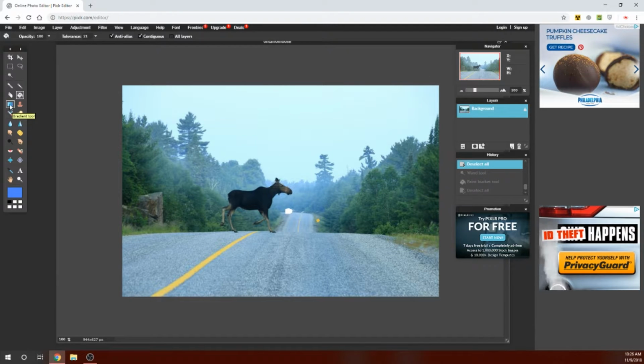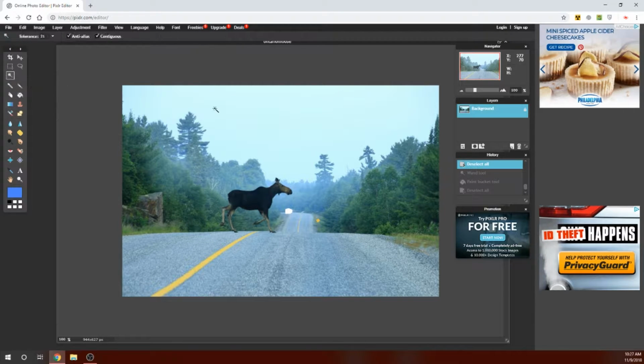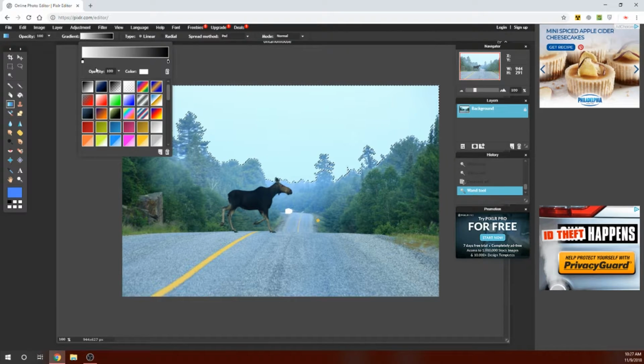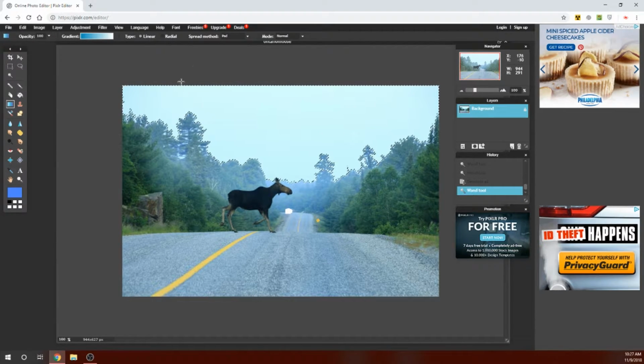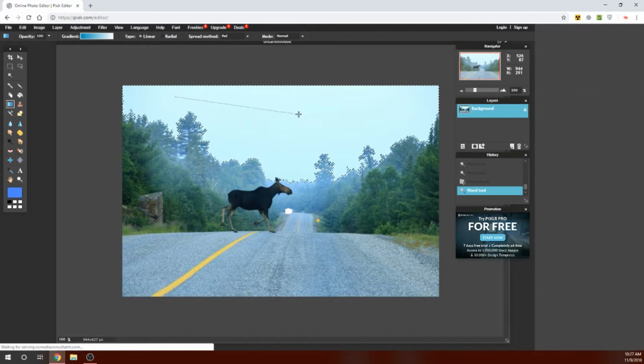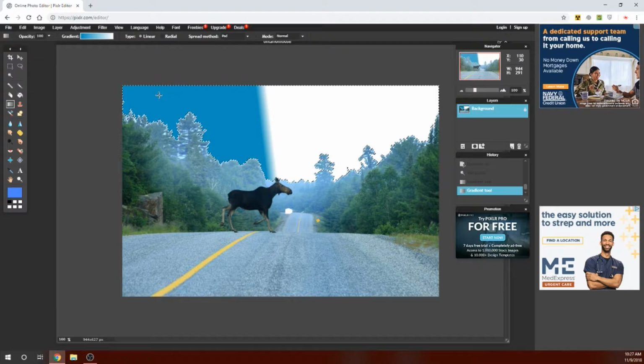You also have the gradient tool, which is good if you're trying to make like a flyer or just make something pop out. So you select gradient. You can choose different styles from up here, and then you just drag your mouse as far as you want it to divide. So if you only want it to split a little bit, you just drag it a little bit and get a small split. But if you want it to look more natural, then you drag it all the way across,